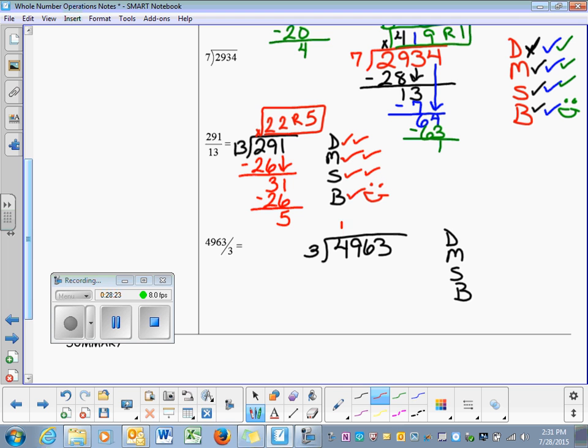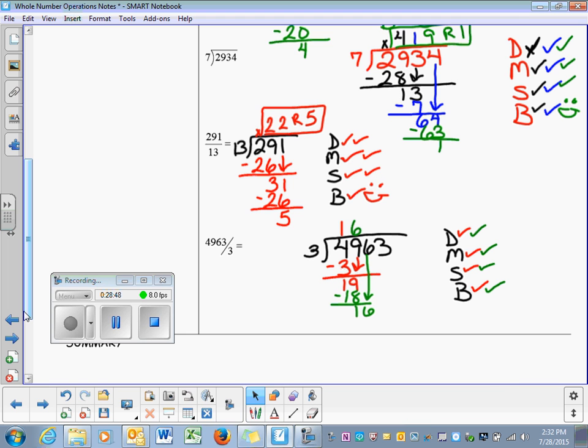3 goes into 4 1 time. 1 times 3 is 3. 4 minus 3 is 1. Bring down the 9. 3 goes into 19 6 times. 6 times 3 is 18. 19 minus 18 is 1. Bring down the 6. 3 goes into 16 5 times. 5 times 3 is 15. 16 minus 15 is 1. Bring down the